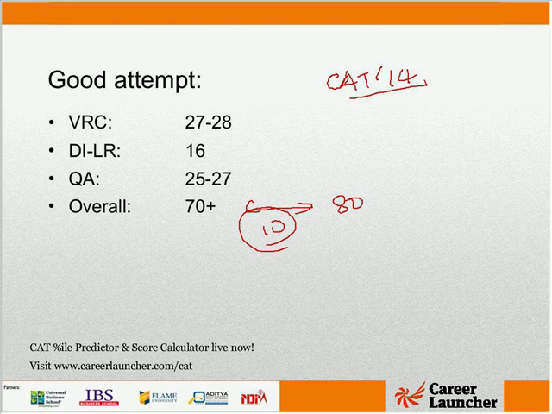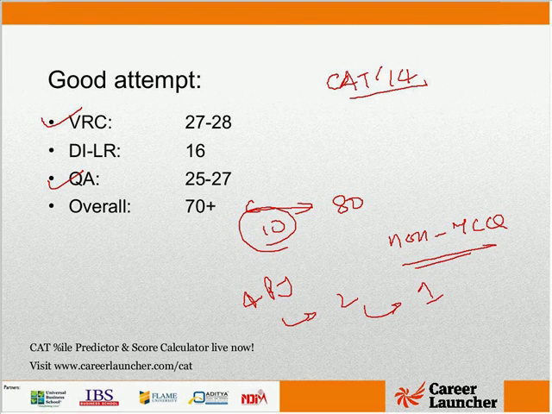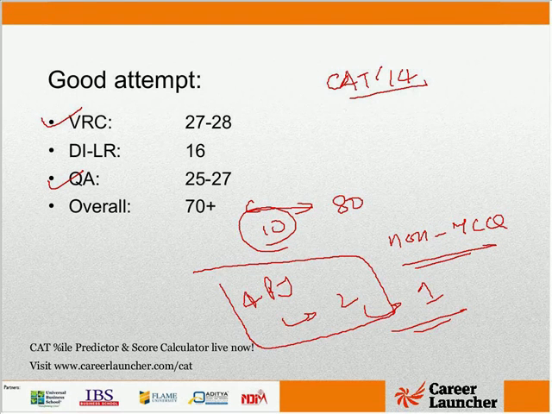Now, why has it fallen down? Verbal and Quant are almost the same in terms of degree of difficulty. But one problem is that we have non-MCQs. For example, para-jumbles which are MCQs are very easy to solve. Para-jumbles which are non-MCQs become extremely difficult. You can't eliminate choices, and getting the right combination is very difficult. So if there are 4 para-jumbles, you'll possibly attempt only 2, and out of them, most probably only 1 is going to be right. In a normal course, out of 4 para-jumbles, you'd do all 4. Now it is going to be 2. So that is one issue.